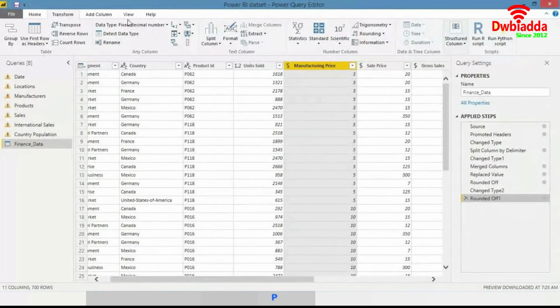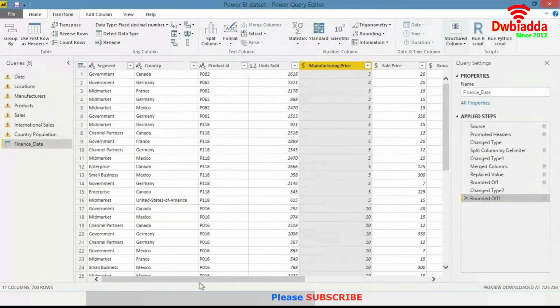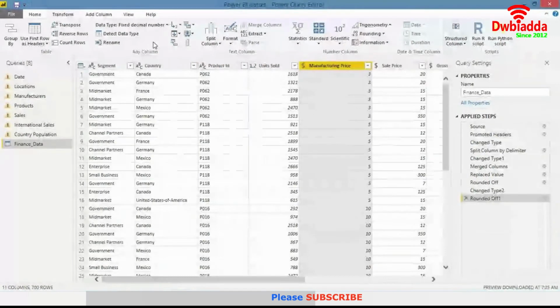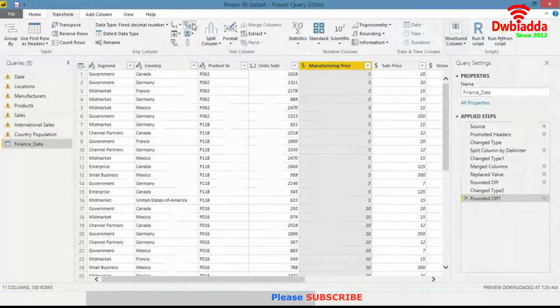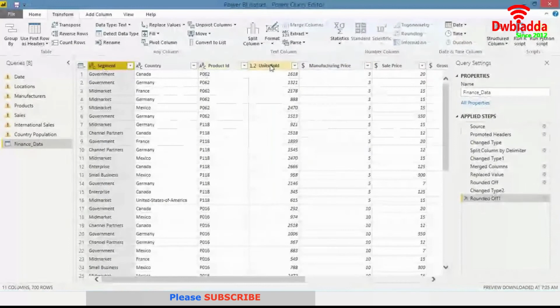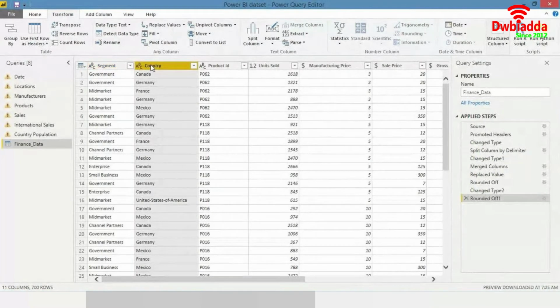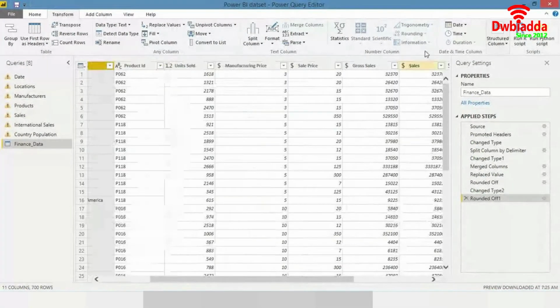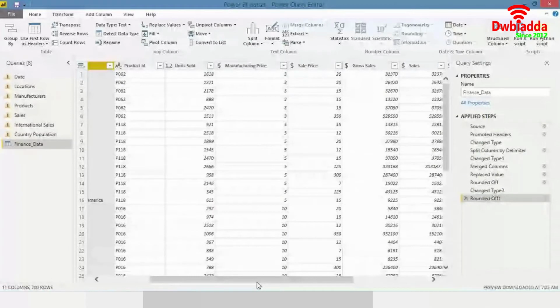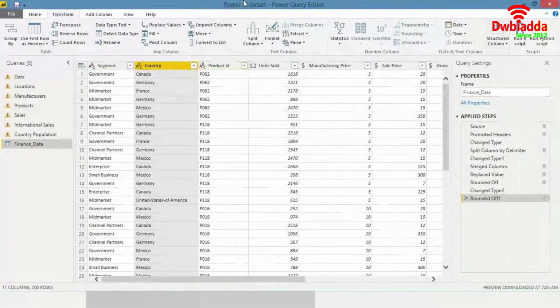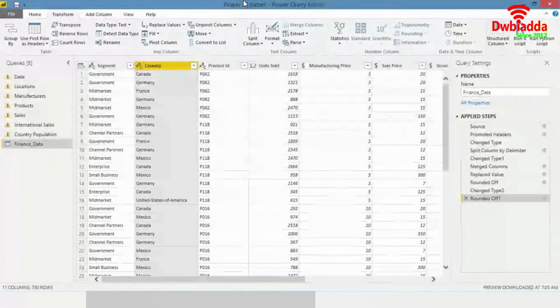One more very important functionality over here is pivot column. So you can basically pivot the column. Let's say you want all the countries in multiple columns, and you want the value of sales in a tabular format, which will have the segments in the rows and the countries in the columns.